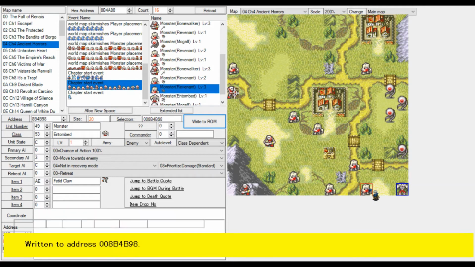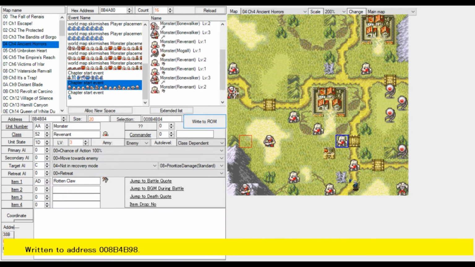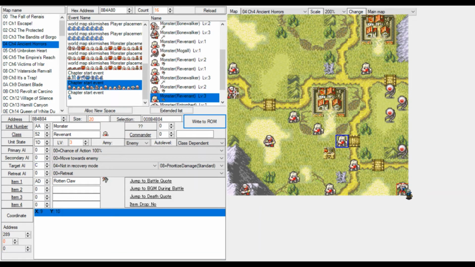Now, what I want to do is move this zombie away from the boss, because this boss will attack the nearest enemy. So we do not want any other enemy to be here, otherwise it will get too busy, and it will be a lot more difficult to kill the boss, seeing as there are two enemies, twice the risk. We're going to put you on Do Not Move, and we're going to put you on Don't Retreat. So this zombie somewhat guards the bridge.